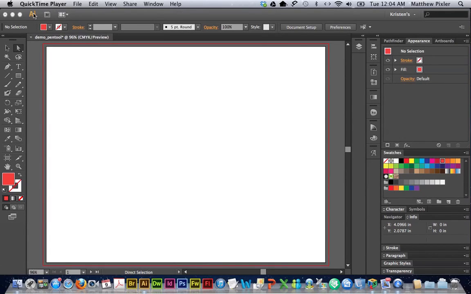We're going to look at the pen tool and show different ways to create corner points, cusp points, and Bezier lines. So you can get to your pen tool by hitting the P on your keyboard or click directly on the toolbar